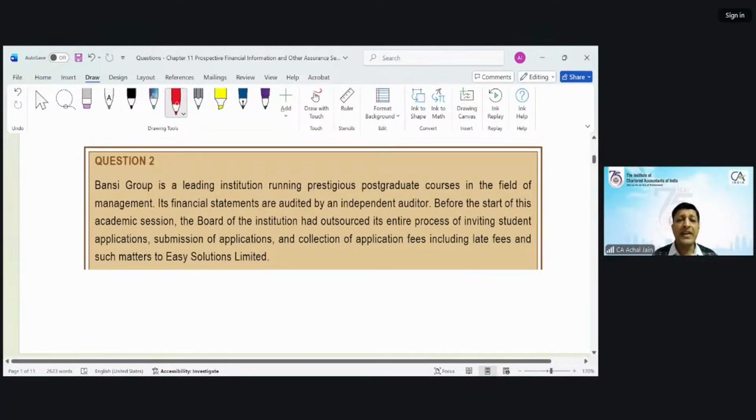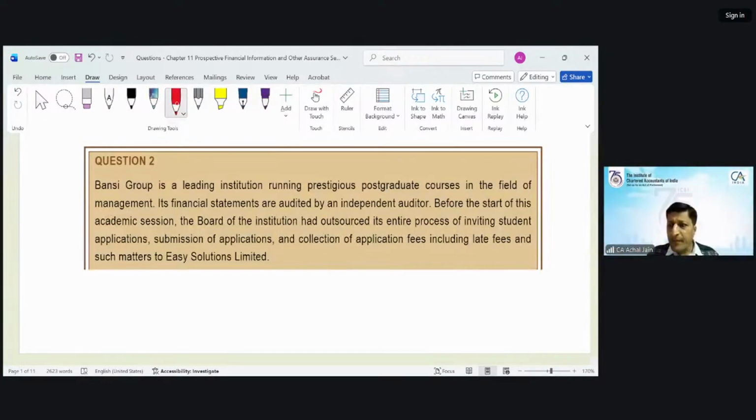Bansi Group is a leading institution running prestigious postgraduate courses in the field of management. Its financial statements are audited by independent auditors. So we are talking about audit of financial statements. Now, before the start of this academic session,